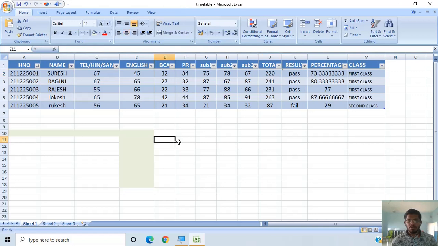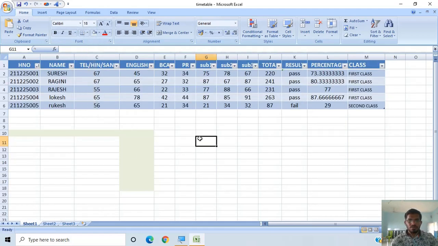For example, if you are having the values in the form of columns, see, up to now we calculated the row values. If I want to calculate the column values, then to explain it better, I am taking different values here.